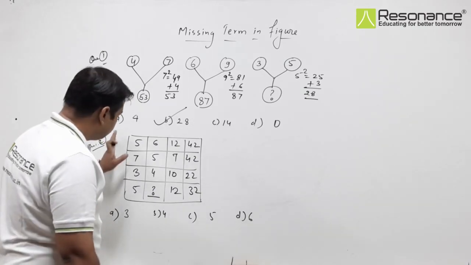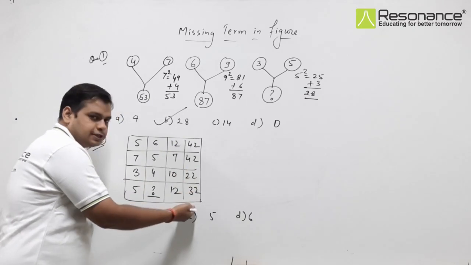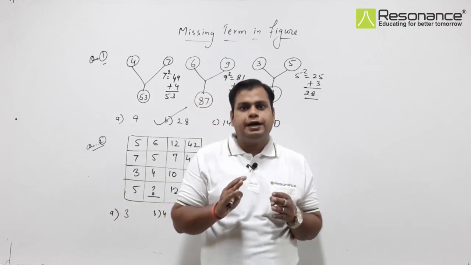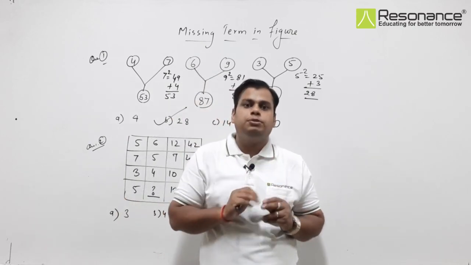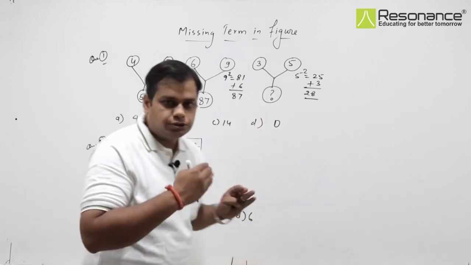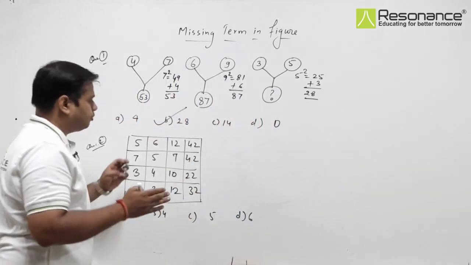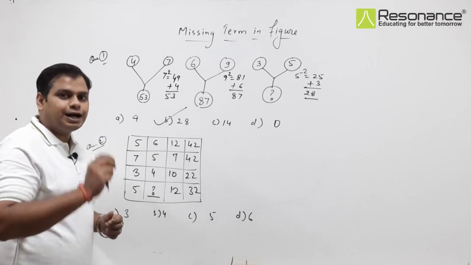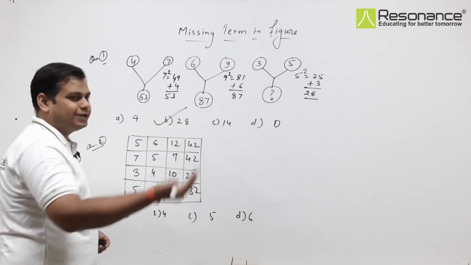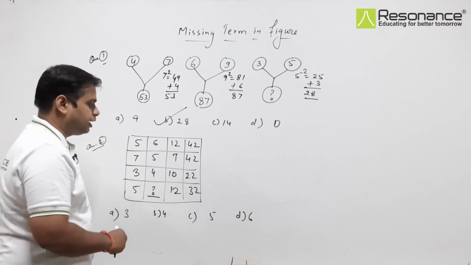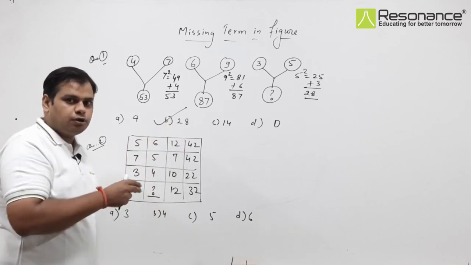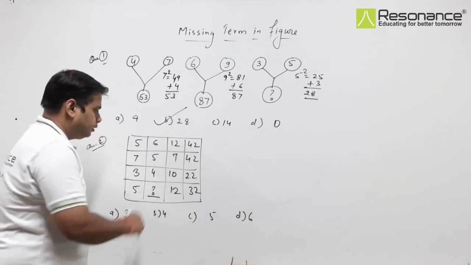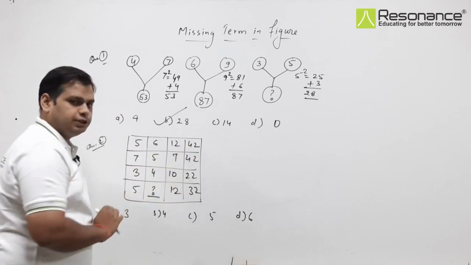Now in this question, these are the larger numbers. Mostly you have to focus in the question on where the larger or smaller numbers are written. Some numbers should be of the same level, maybe with a little difference, but some have a larger difference. Maybe the difference is increasing, maybe decreasing. That means the numbers may be very small or very large. Here these numbers are large. That means we have to relate all these numbers with these numbers.